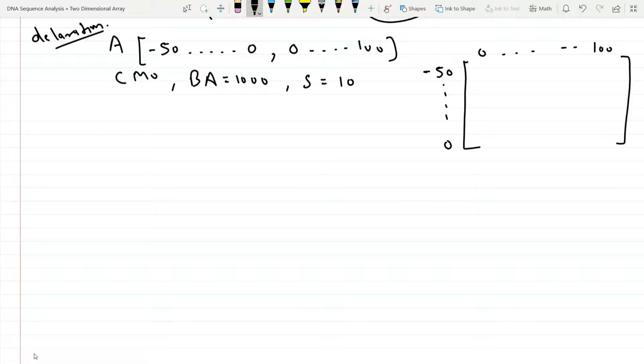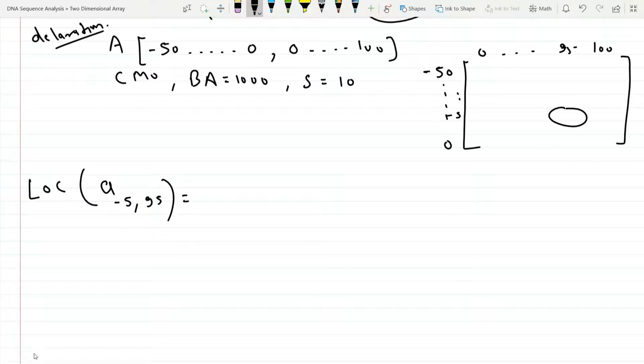Now what is the question? We are supposed to find the location of A of minus 5 comma 95. See very carefully, minus 5 is somewhere here and 95 is somewhere here, so this particular point is the location we are supposed to find.